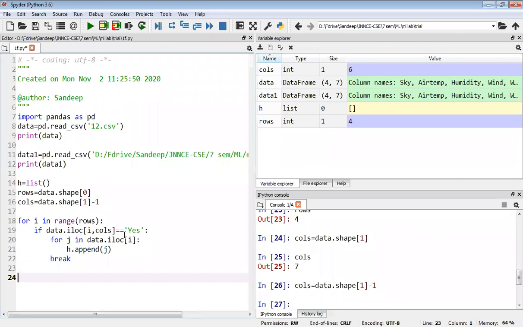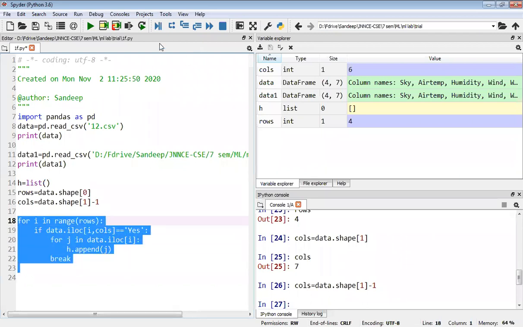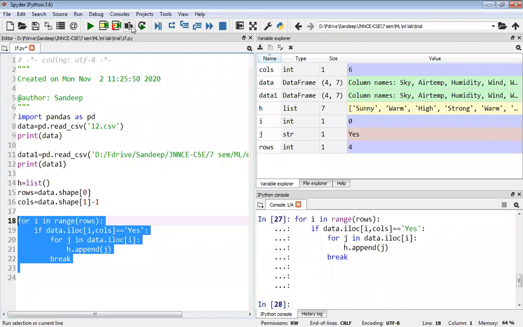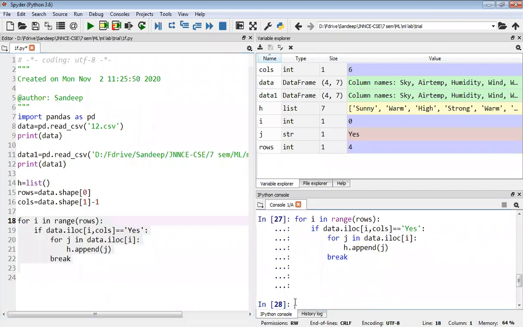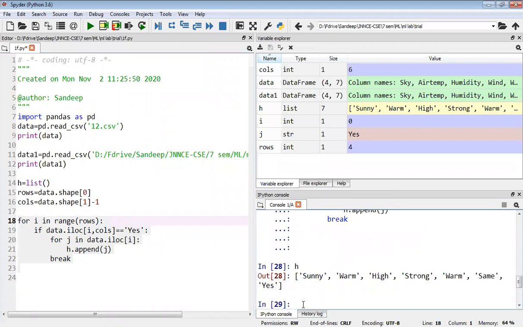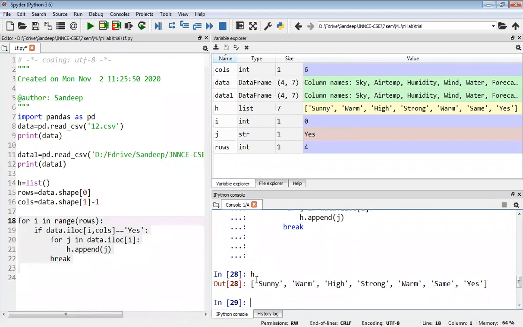Is it clear? So I will run this entire thing and show you what output you'll get after the first iteration. See, I have executed this set of lines, and now I want to see the status of H. You can see in the output screen, H earlier was null.